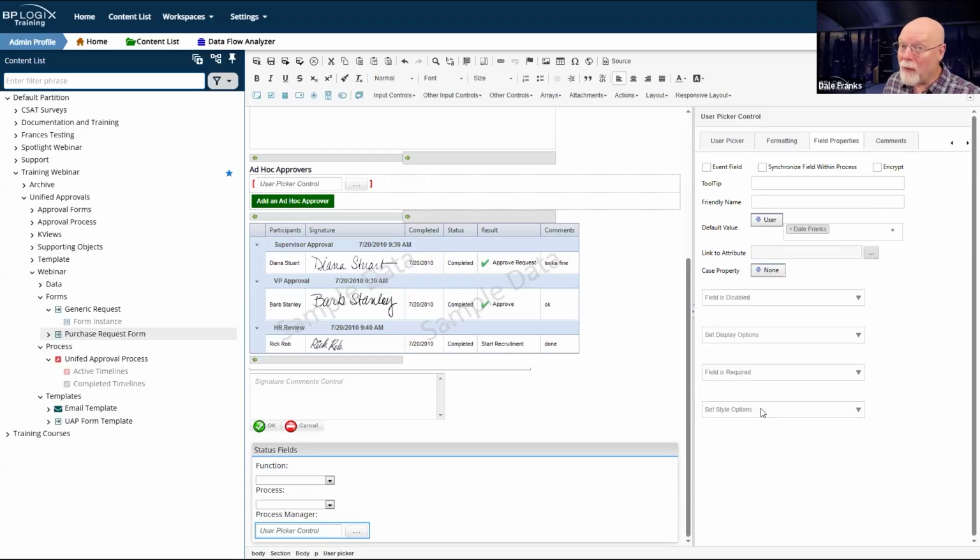Sadly, on my form instance, I can't do that because the default value for those fields have already been set. Default values get set when the form is first opened the very first time. So I can't fix my messed up process by making that change there.